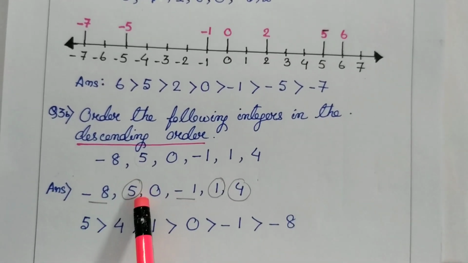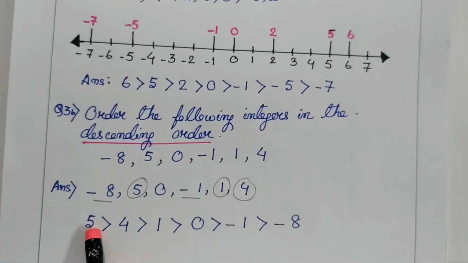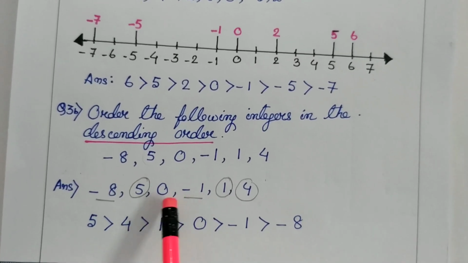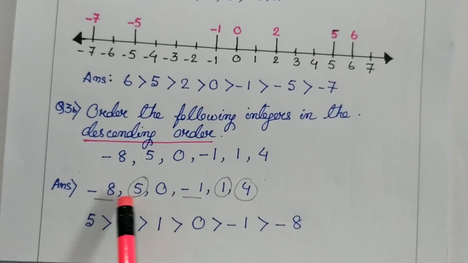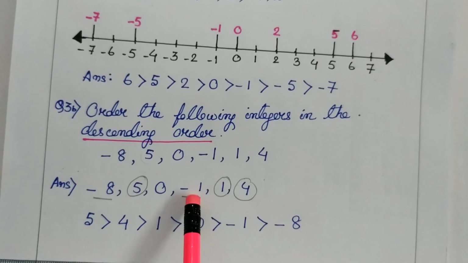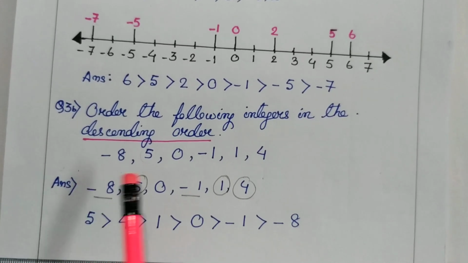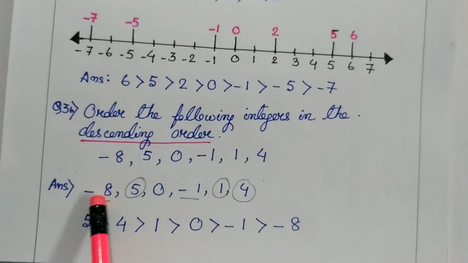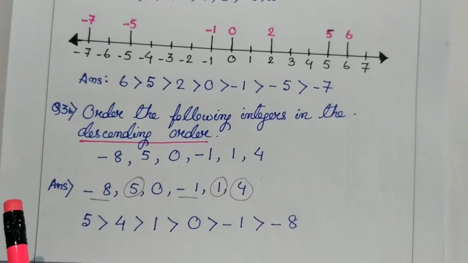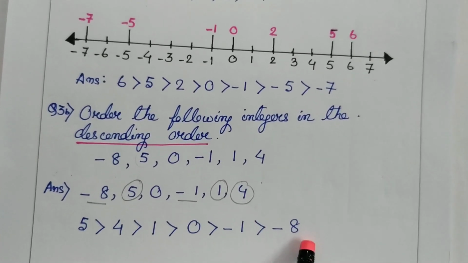Now over here I have circled the positive numbers 5, 1 and 4. Which is the largest number? You know this, 5, then 4, then 1. So 5 the greatest, then 4, then 1. And then 0, because after these values, we can see that the others are negative values. Then the negative values, minus 1 and minus 8. Among these two numbers, minus 1 is close to 0, but minus 8 is far from 0. Okay. So I have written minus 1, then minus 8.